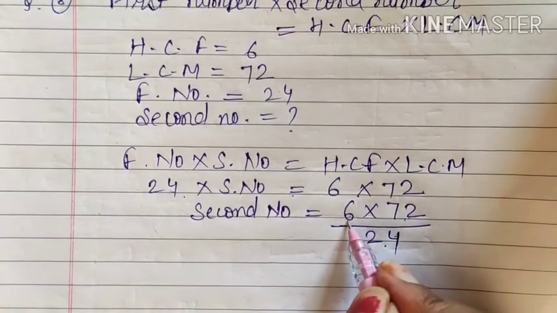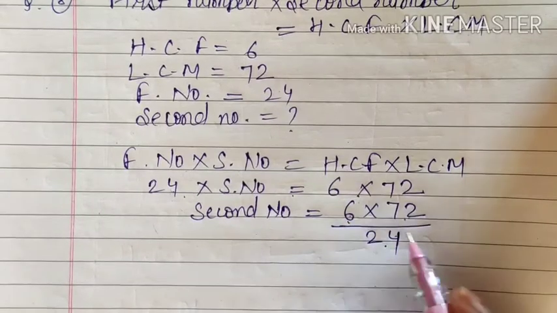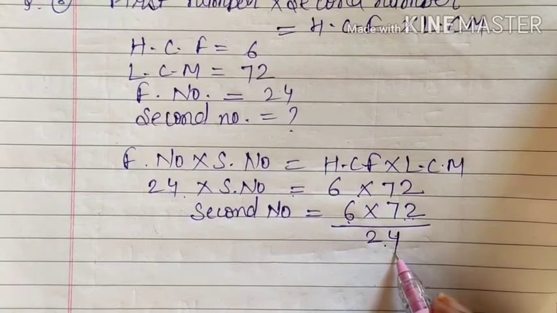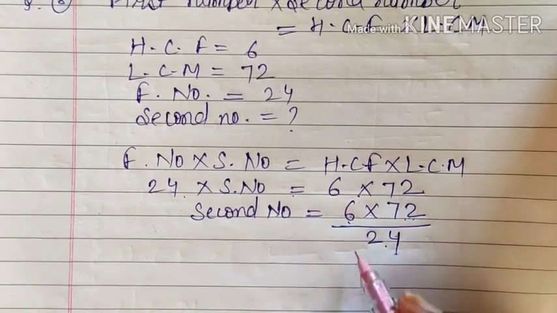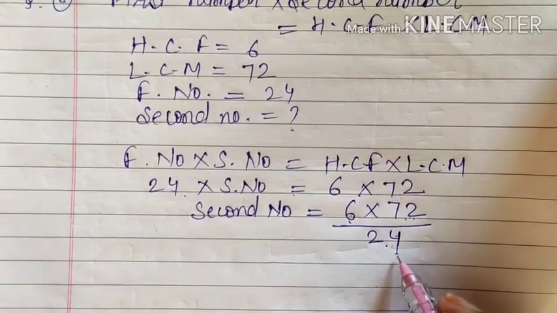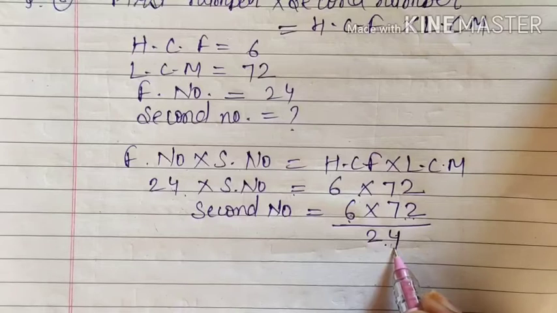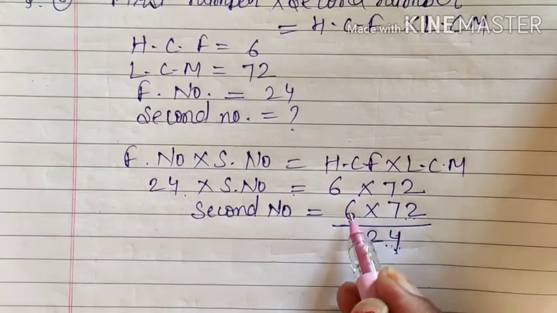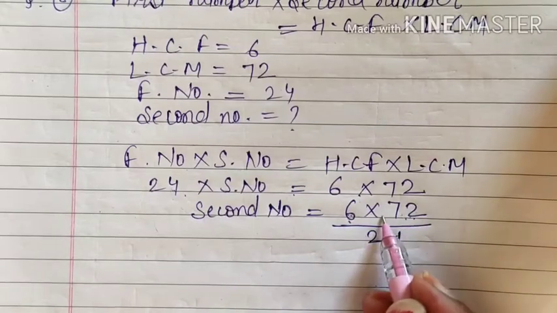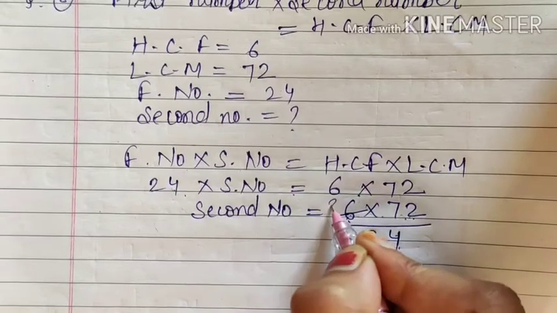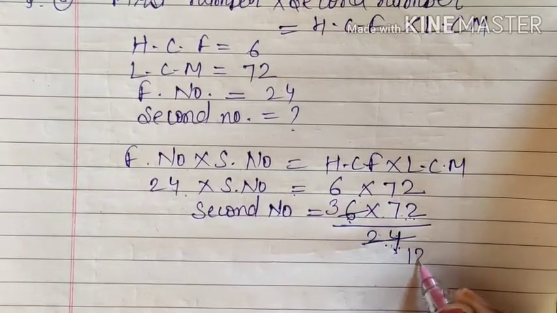You see, 6 is an even number, it is divisible by 2. Similarly, this is 2, so this number is also divisible by 2. This is 4, so this number is also divisible by 4. That means all these numbers are divisible by 2. So we will take any two numbers. This number we will take definitely, this is compulsory. One number we will take this one and another number we will take any one from here. I am taking this 6. 6 divided by 2 is 3. 24 divided by 2 is 12.